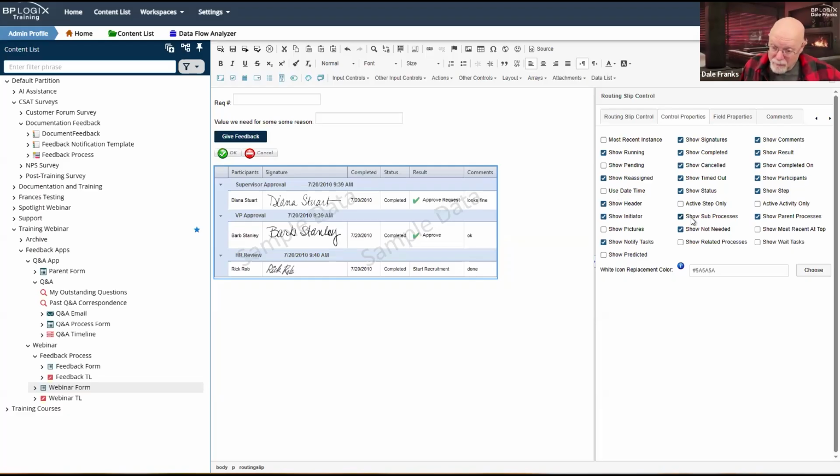It's even more complicated if your main process already invokes a sub-process of some kind, either via a process timeline activity type or via the run process custom task. Those are actually sub-processes that I do want to show normally. So it's generally not a great idea to come in here and turn these off unless I just have no sub processes. Now, in that case, it doesn't really matter much how my run process custom task is configured for those checkboxes.